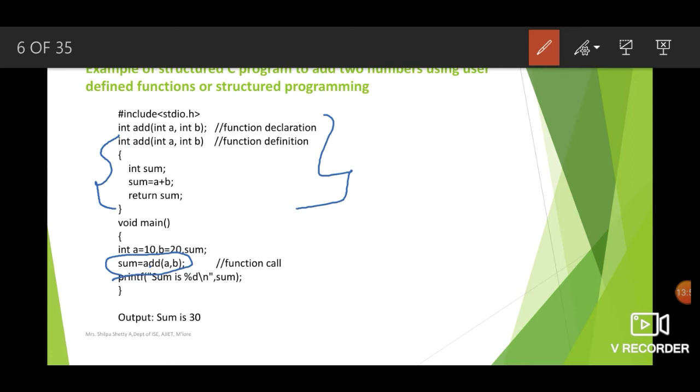So the type of value, not the exact value, but what type of value it is, that data type is written at the beginning, which is called the return type. We will discuss more about this in a short while, so let me briefly tell you here. Following that we have add. Add is nothing but the name of the function.